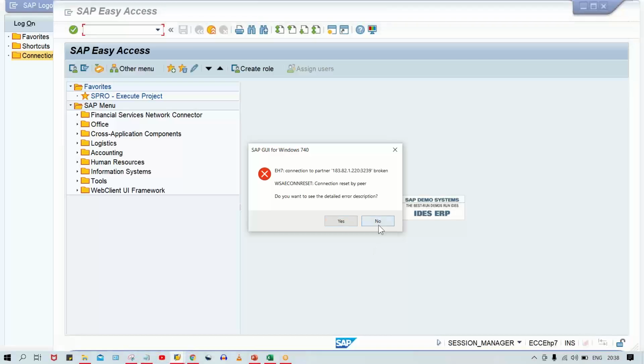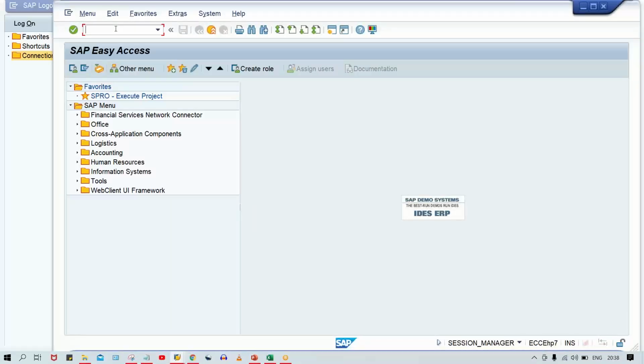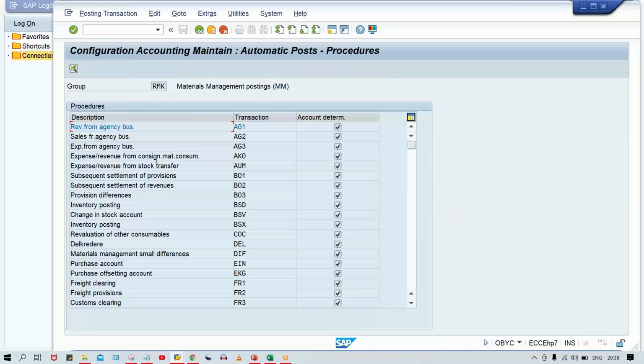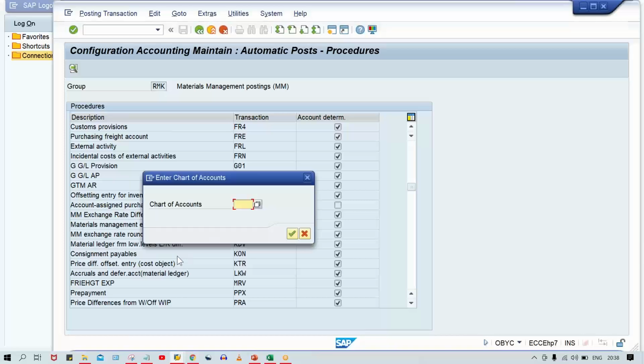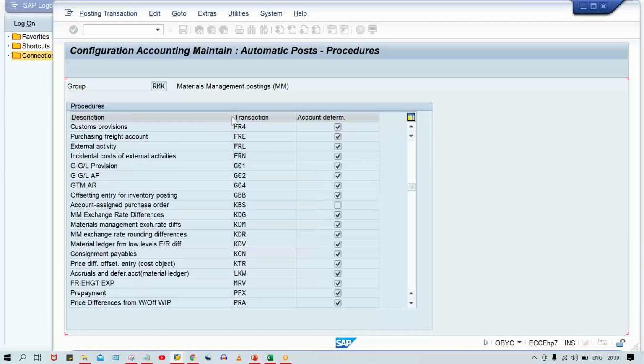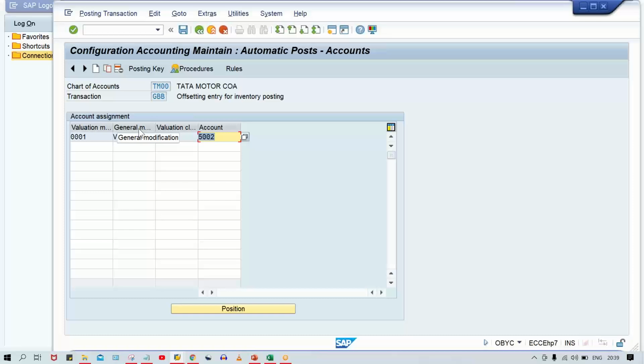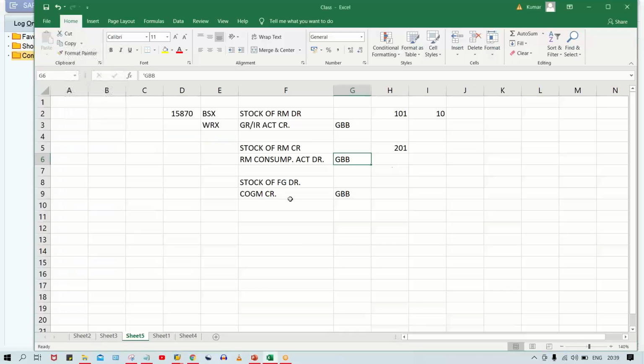Okay, so now here in GBB, OBYC. In configurations, we have already assigned one GL account in GBB. Here for offsetting entries, first of all, our chart of accounts is going to be given here, and then the general modifier. It is called the general modifier. Now, so here what is happening, guys? So this is stock transfer for production, right? And here after production, once again, the stock is going to be transferred in the form of finished goods,